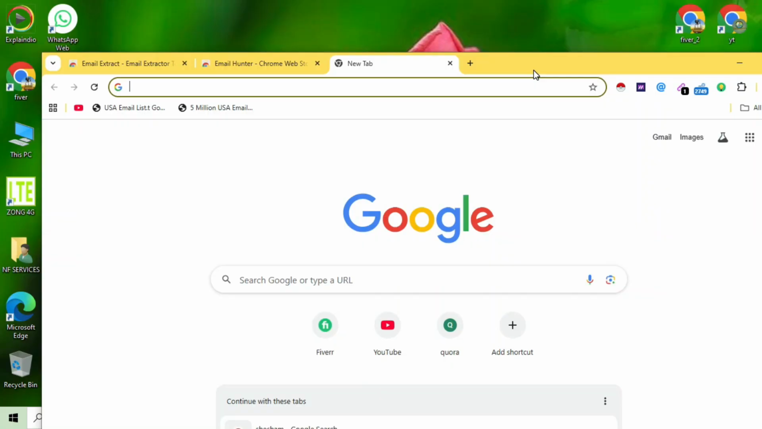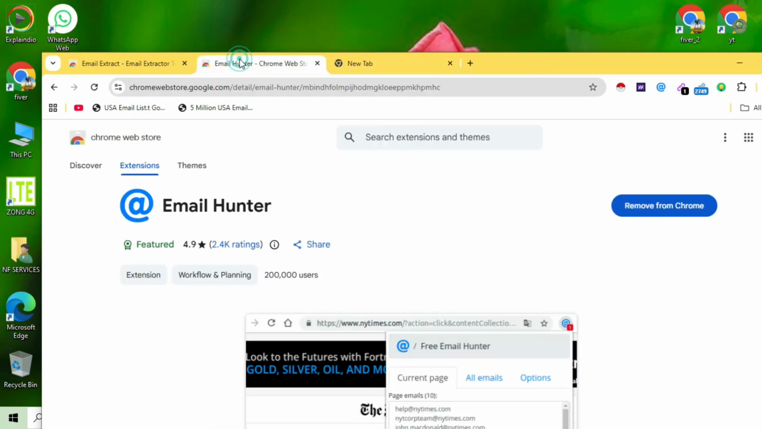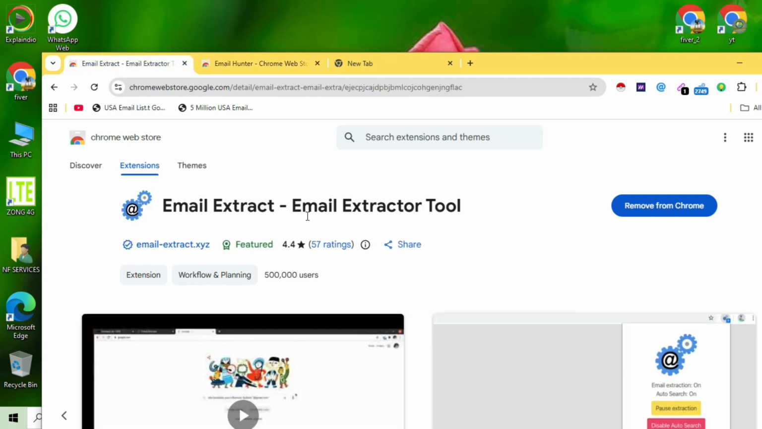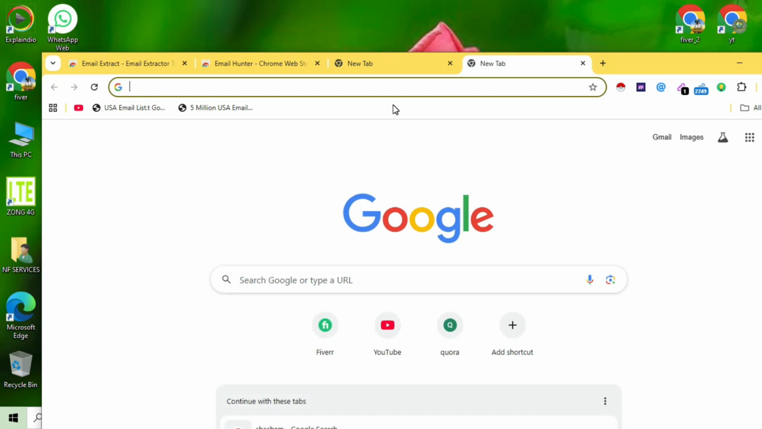For email collection, first of all, we need two Chrome extensions. One is Email Hunter. I have already added it to Chrome. You can add this extension by just clicking on add to Chrome. And the second one is Email Extractor tool. After adding these Chrome extensions, just go to Chrome and